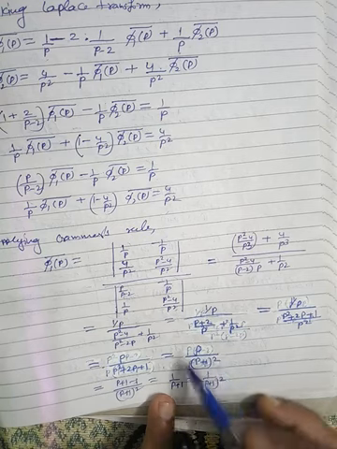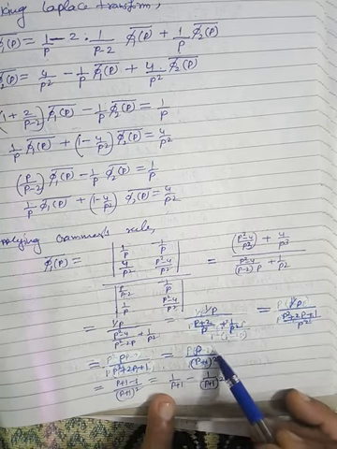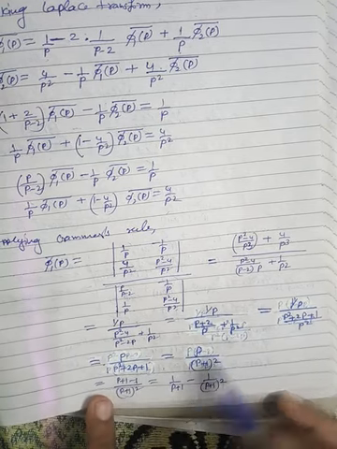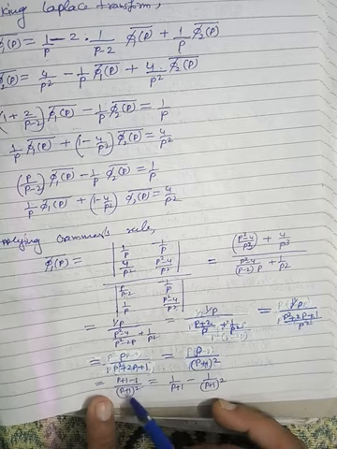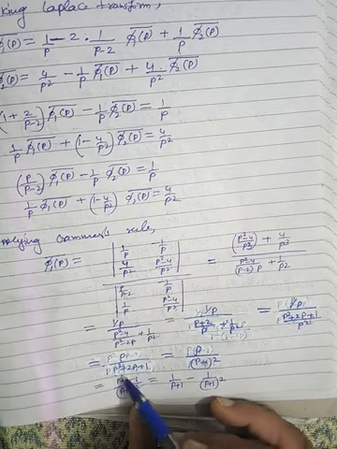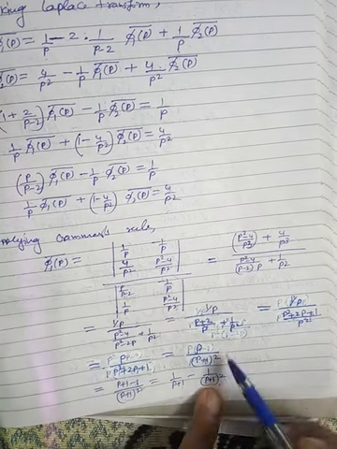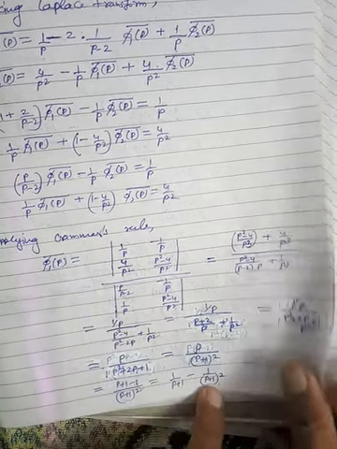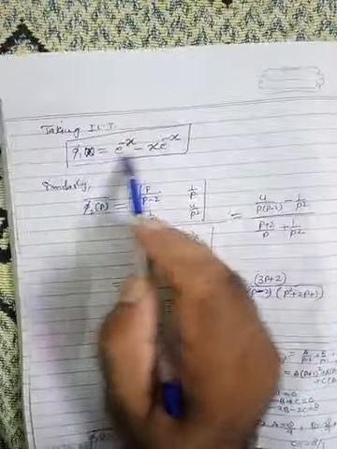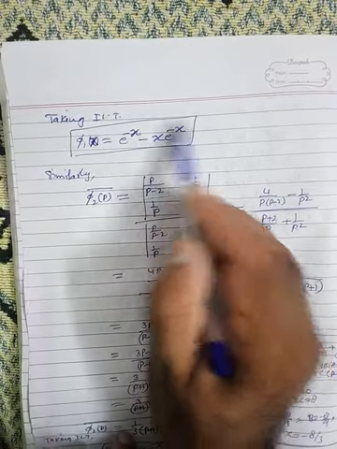Then doing partial fraction, we can take plus 1 and minus 1 here. So p plus 1 minus 1 divided by p plus 1 whole square. So when we separate this, we get 1 upon p plus 1 minus 1 upon p plus 1 whole square. Now take the inverse Laplace transform. So we get this phi 1 x is e raised to the power minus x minus x e raised to the power minus x.